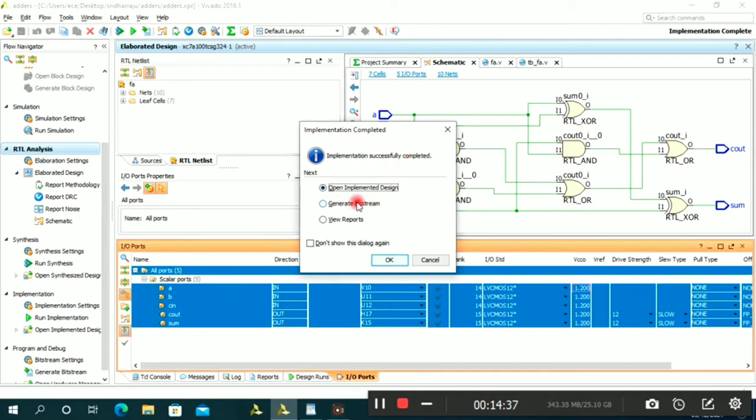Now generate bitstream. Click on generate bitstream, then click on OK.